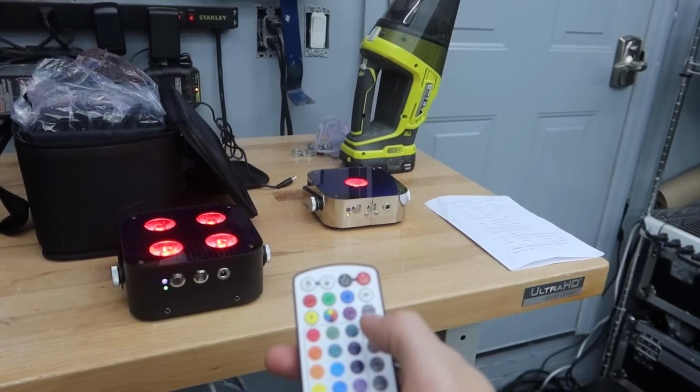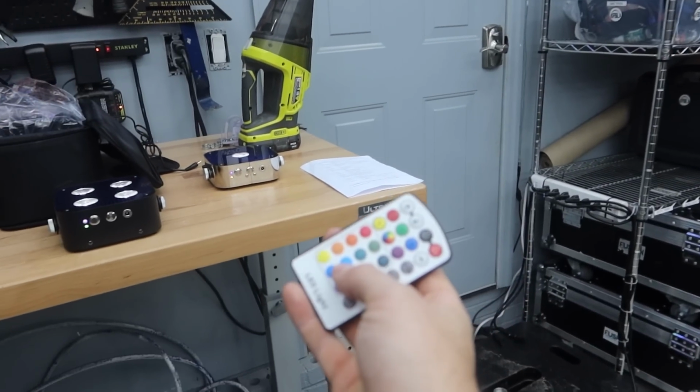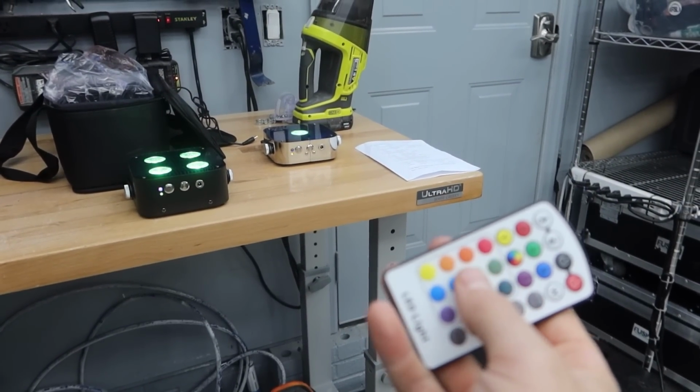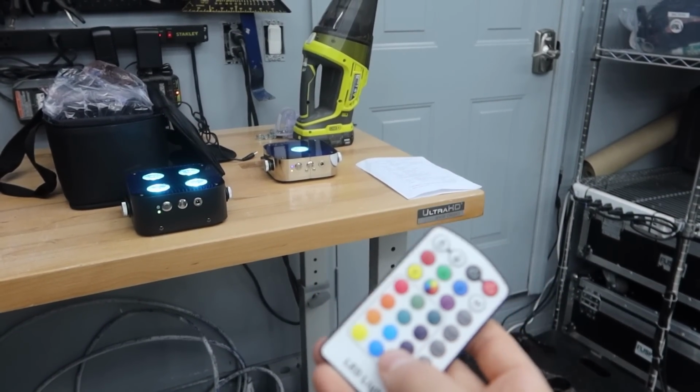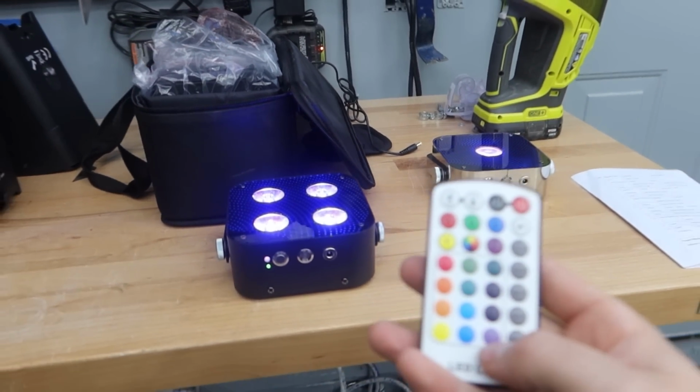If I hit the snap mode, they're gonna go snapping through the colors. And like I mentioned, I don't have to have this facing or pointing at them at all. I can just literally hit the buttons. It's RF, it's not line of sight, which is nice. Only downside here is that if I hit the